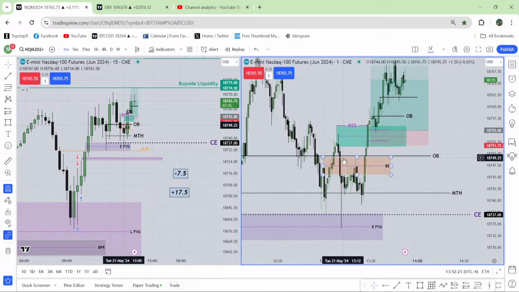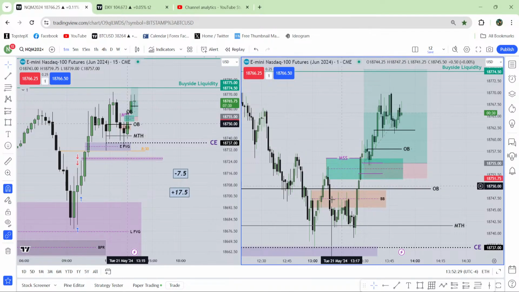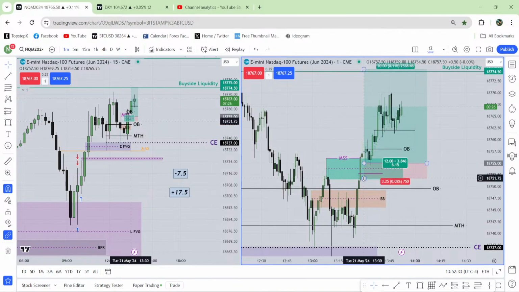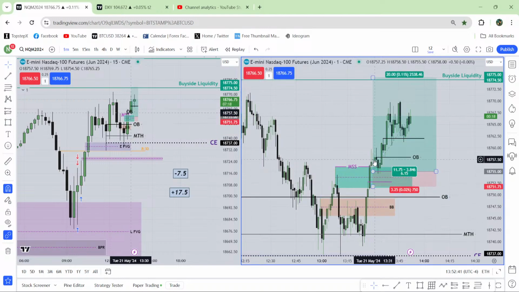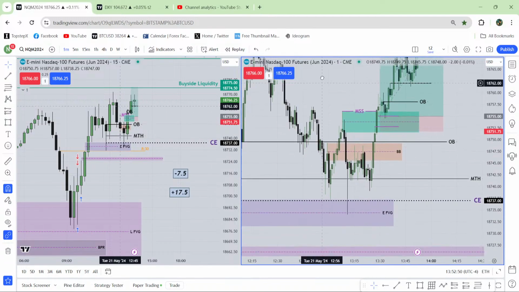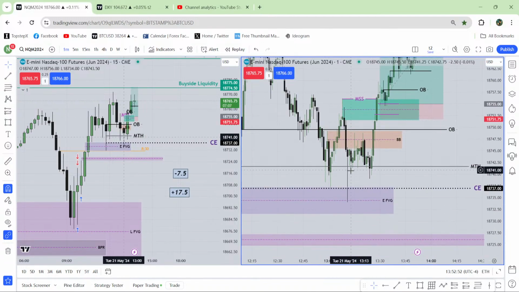If you don't like the breaker block entry, or if you don't know how to mark the breaker block, no problem. Wait for a market structure shift, fair value gap entry. Here it is a tricky entry. Maybe you will miss the entry. Maybe you will wait for 50% trade, optimal trade. In that type of situation, you will miss the trade. Or if you miss it, nothing to worry about. But still, you are not going to take sell. That's the part, right? Here, when you saw this fair value gap, you are not going to take the sell.